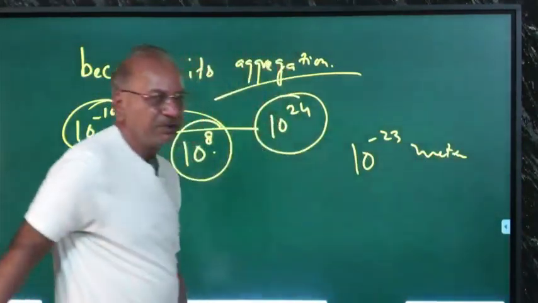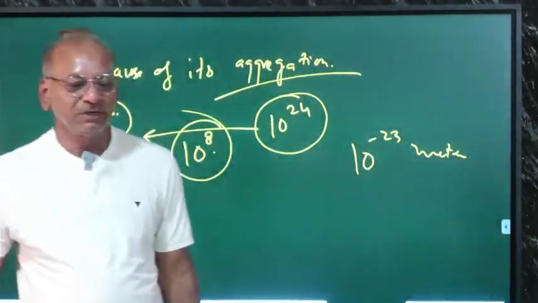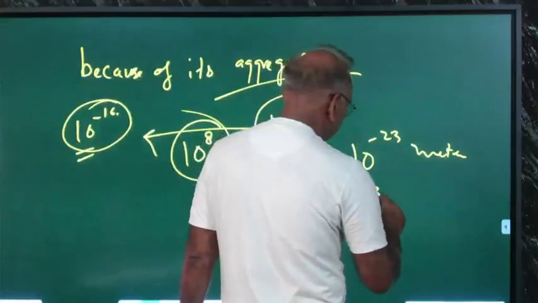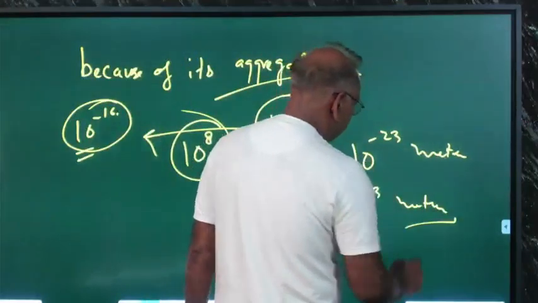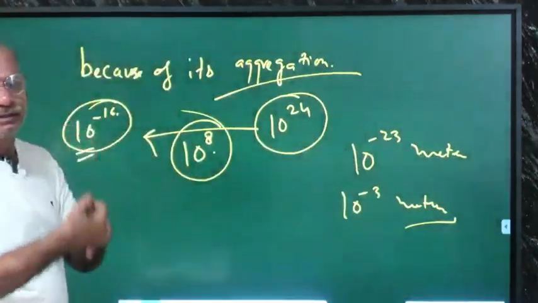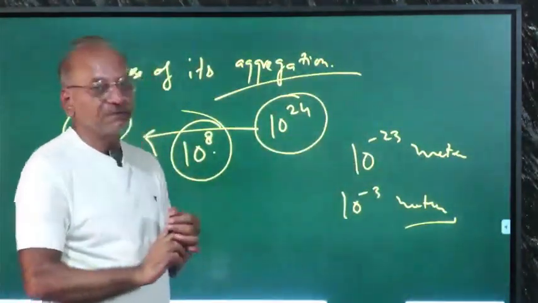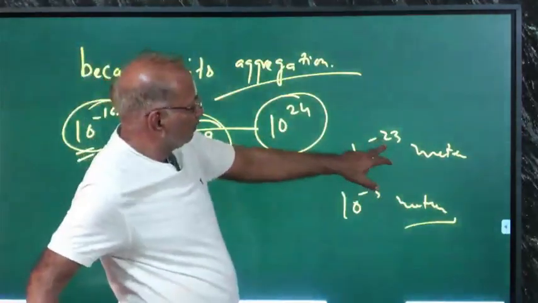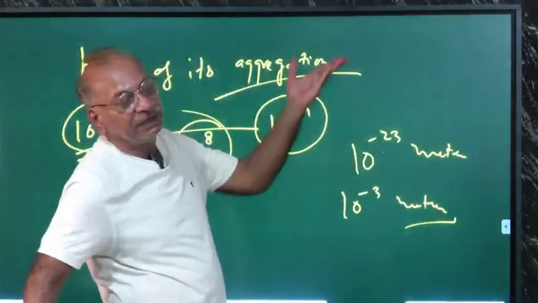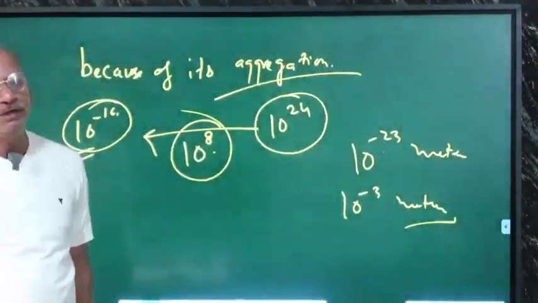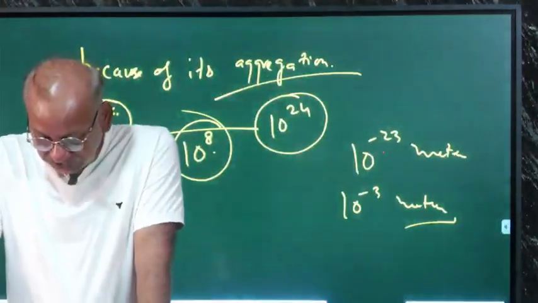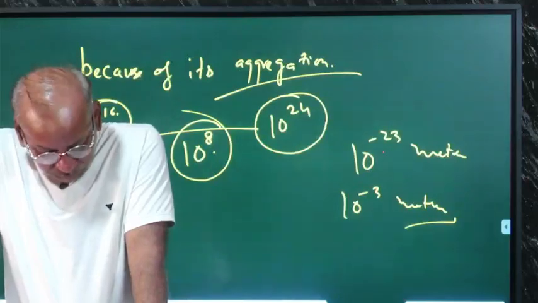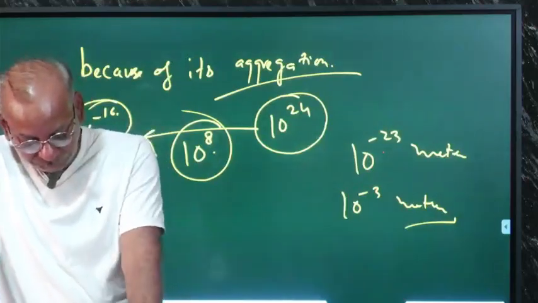That is beyond your imagination, because 1 millimeter is only 10 to the power minus 3 meter. 1 millimeter is just like this much, or tip of this pen, and it is 10 to the power 20 times smaller than 1 millimeter. So like this,